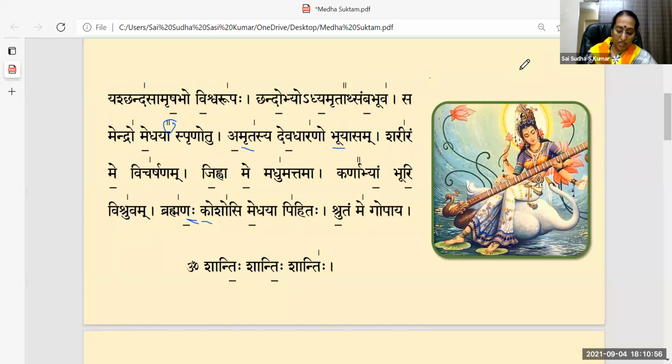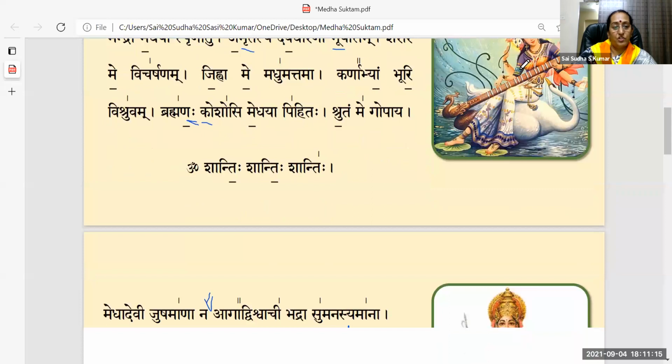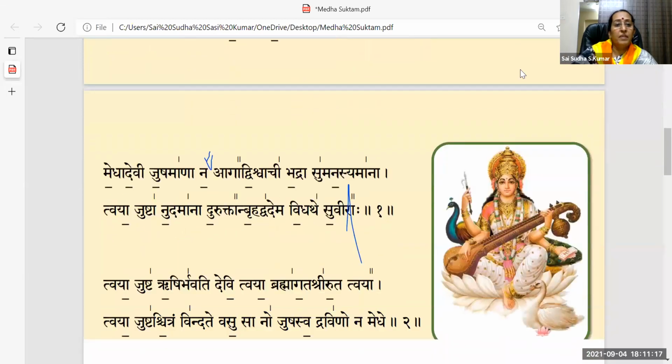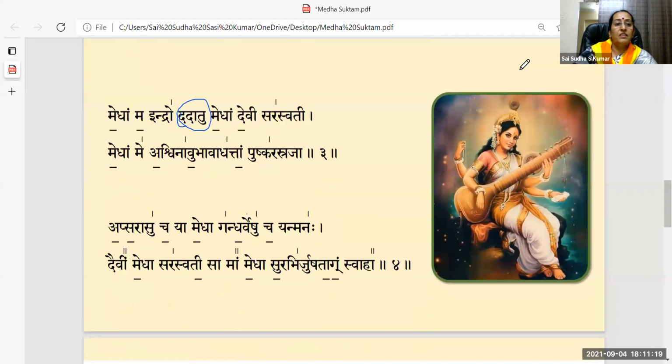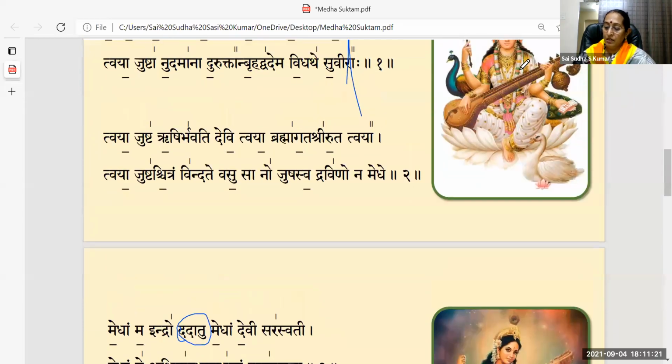Also, listening is listening to newer and newer things. There should not be an end to it. We should always keep listening and learning. So that is the Karnabhyam Bhuri Vishruvam. Then coming to the Medha Devi Jushamana Aga,